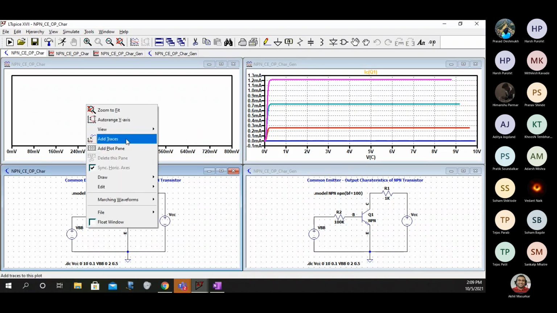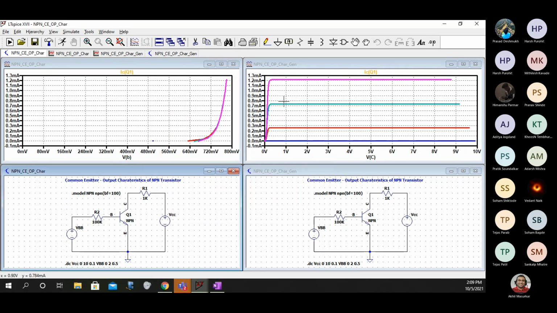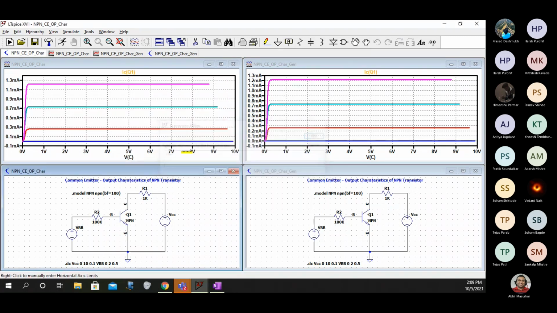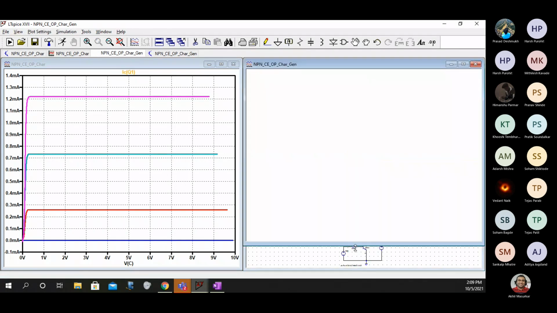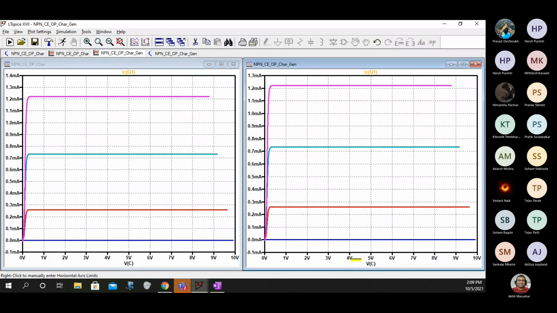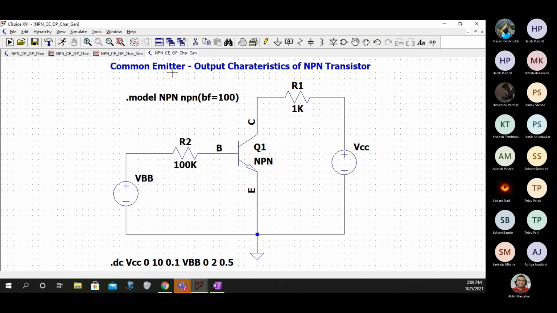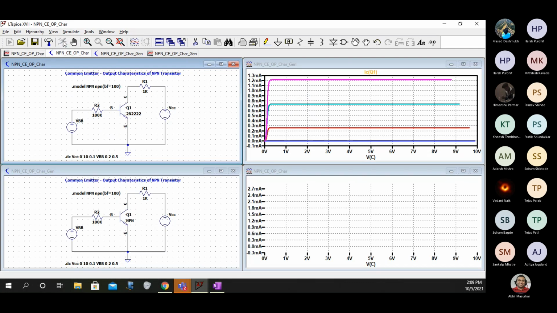This is IC. Now if you look at these two outputs, in one place I'll select a standard transistor.